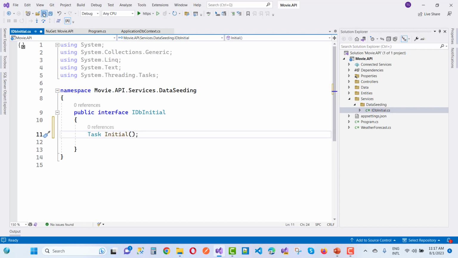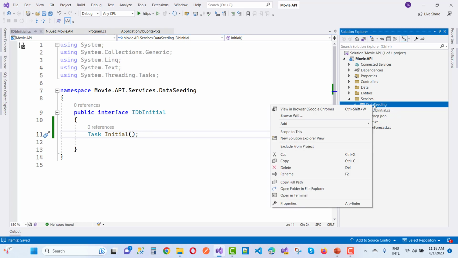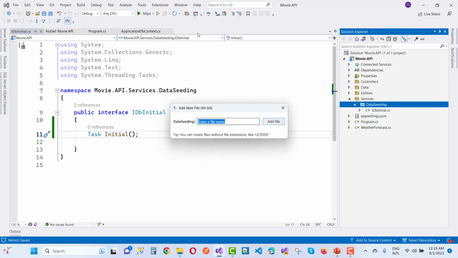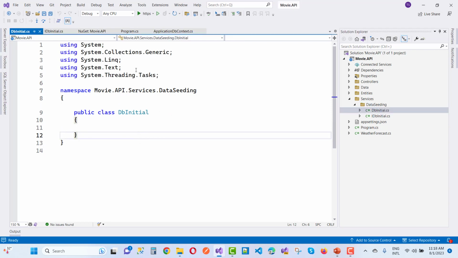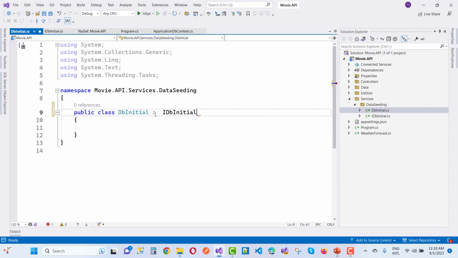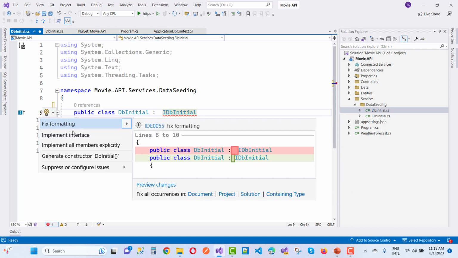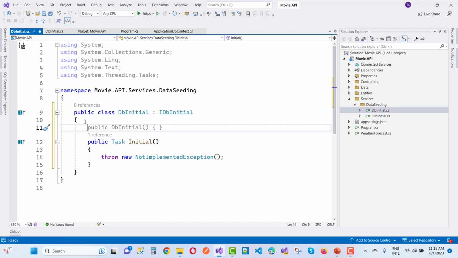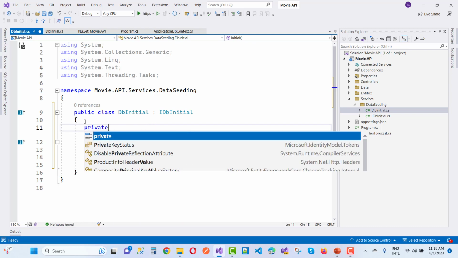Okay, so after that you have to add the initialize method name, and after that you have to create a new empty file, that is DbInitializer.cs, and inside the DbInitializer you have to use IDbInitializer. IDbInitializer is implemented as an interface, and here you can just add two class members, that is the private readonly